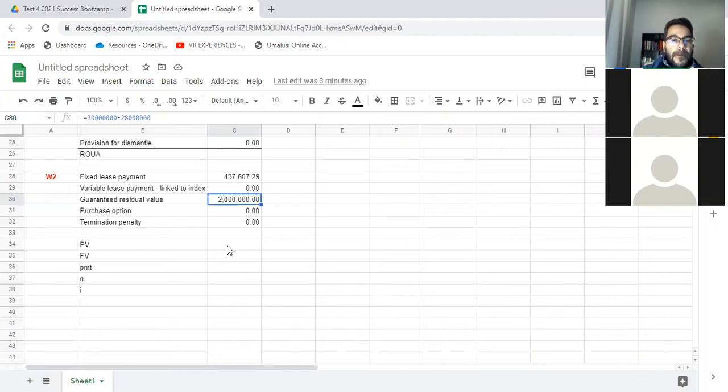So if it was 32, which was the future value, the future residual guaranteed value, and what we had contractually as the guaranteed residual value was 30, meaning they are going to get more. I don't know if that's possible. Yeah, if they are going to get more than what we have contracted, then we're going to change that to a 0 because we don't have any outflow. Correct. Okay.